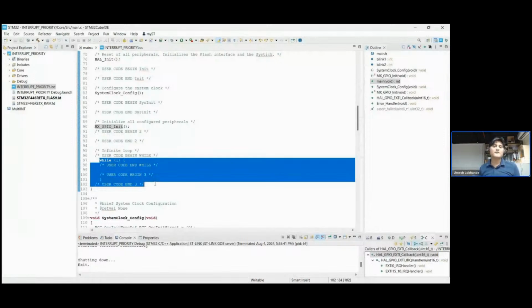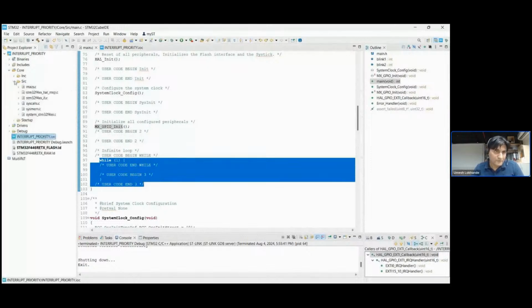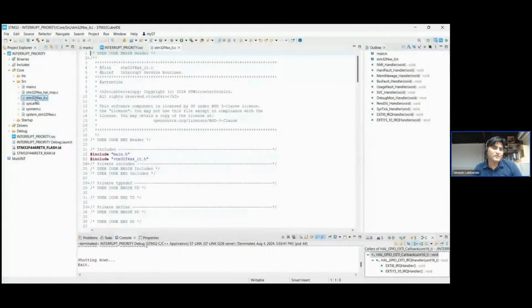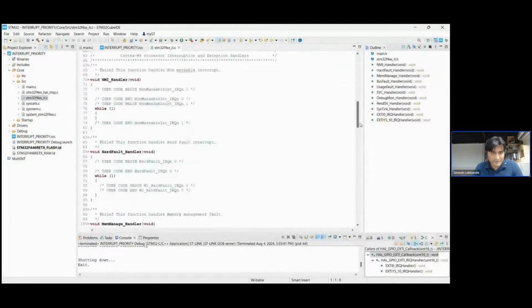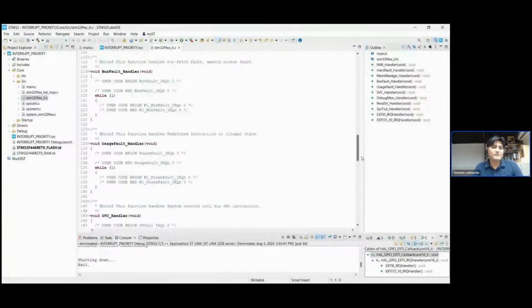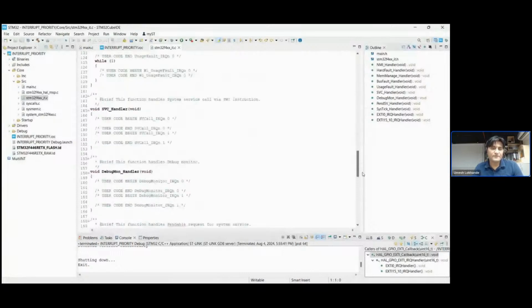And you remember last time I talked about it, whenever we use an external interrupt, if I expand the Core and go to the source file, we have seen that this exti interrupt.c file gets created. If I take you inside this interrupt file, because this will be created by the IOC file, we don't have to create it manually. And then you can see there will be 2 handlers here. If I scroll down,